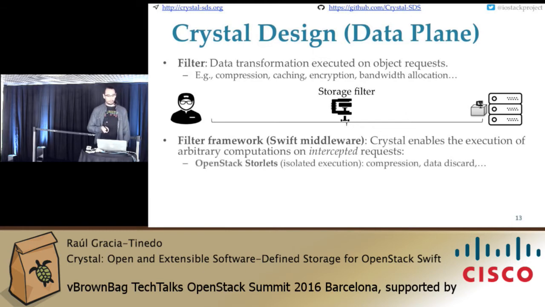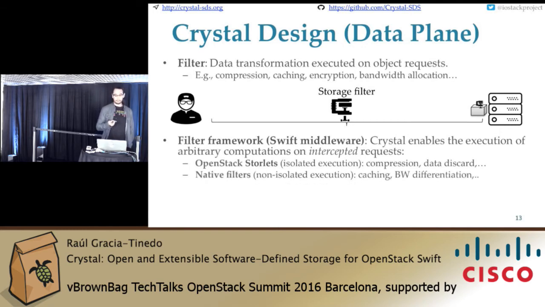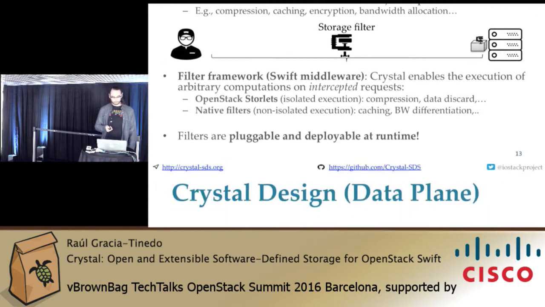At the moment, we provide filters via OpenStack storlets. They provide a nice Dockerized way of executing filters, and also a native filter platform to execute filters in a more flexible manner, more complex filters, actually. Filters are pluggable and deployable at runtime.